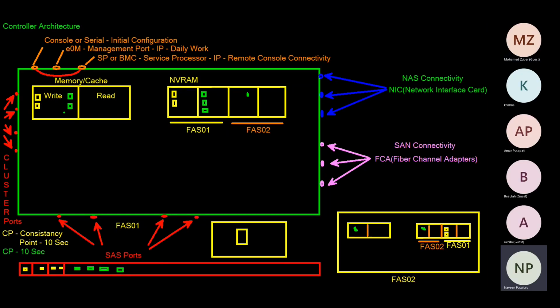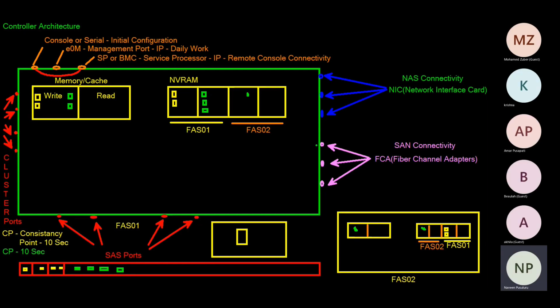As I told you, this is temporary memory, not permanent memory. So whenever the controller goes down, whatever data you have on temporary memory, you will lose it, right? Is it clear? So in order to avoid that data discrepancy, we copy another copy of the same data to the partner controller,